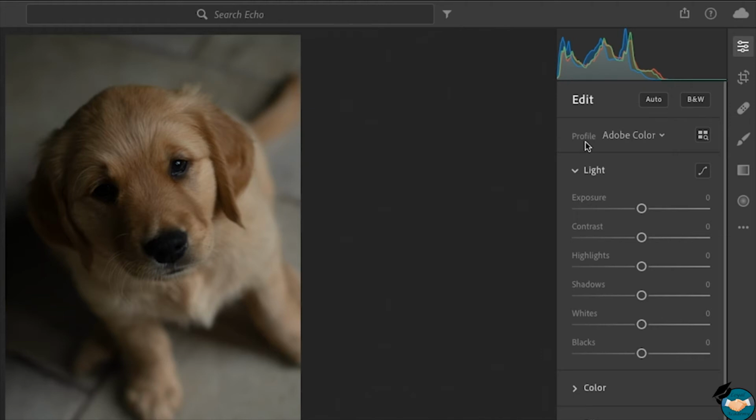So a profile will allow you to control how the colors and the tonality or the contrast of your image is rendered based on the profile that you select. So you have to think of profiles as a starting point for your editing of your images. In fact, this is another type of edit that you can do in camera, especially if you have a DSLR type camera, because within your camera you should have options to choose different types of profiles based on what that